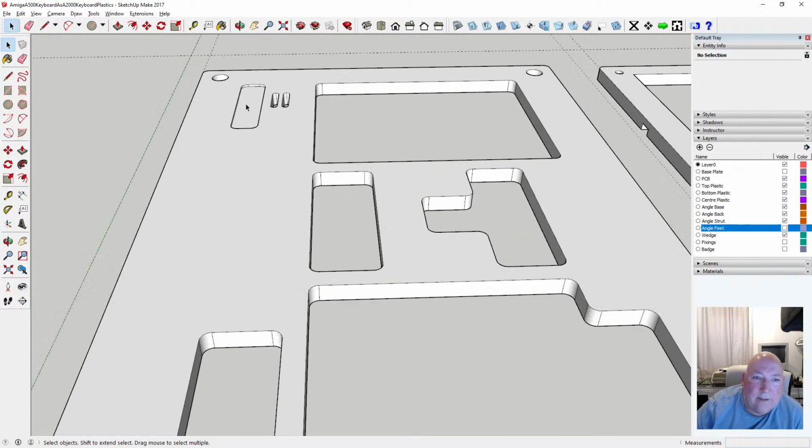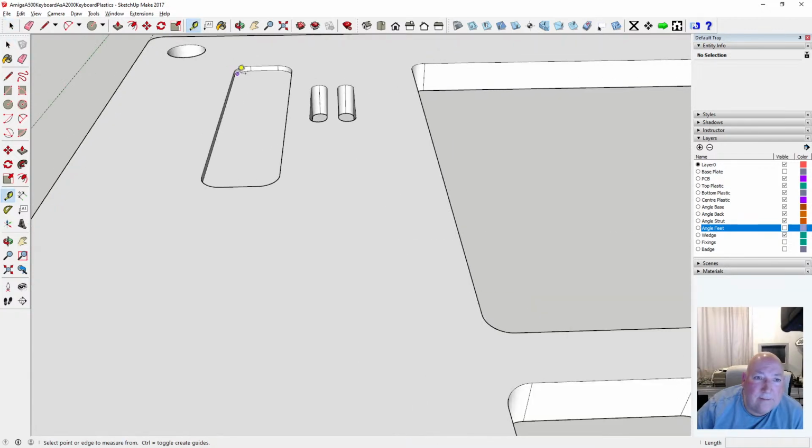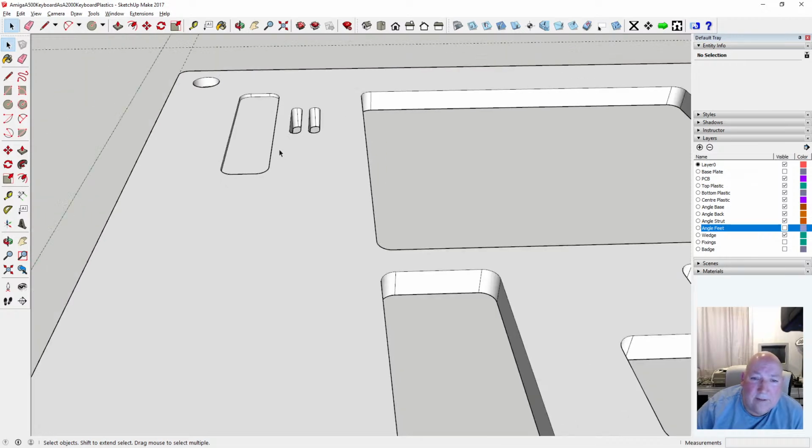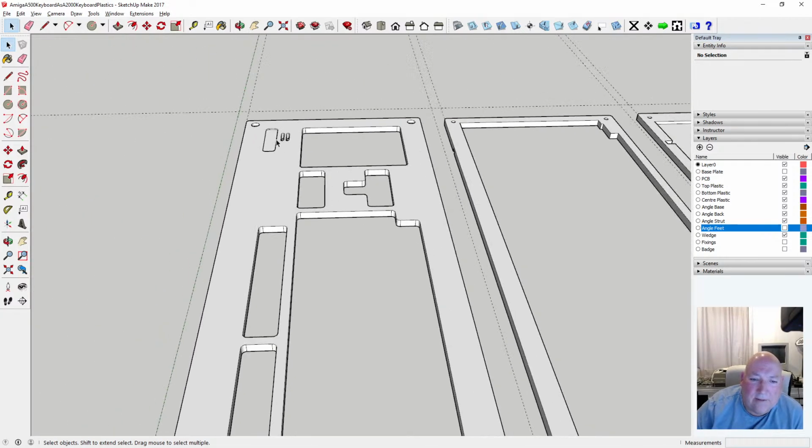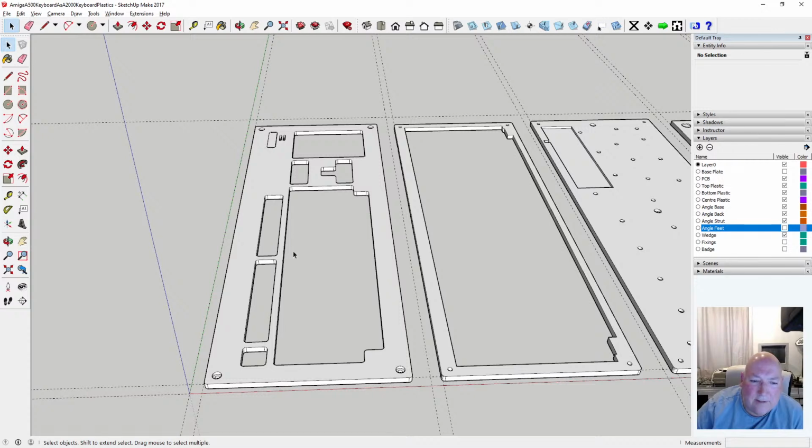Yeah, through their pockets. This one's only 1mm though. That's a 1mm pocket, so yeah, the rest are 3mm and these are cutouts. So what we've got to do first, we've got to flatten this, so we need